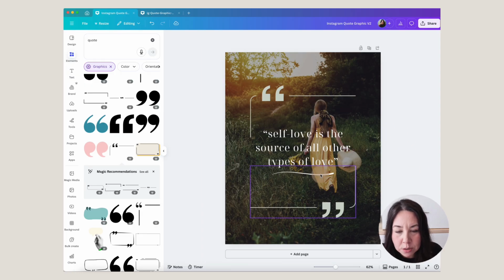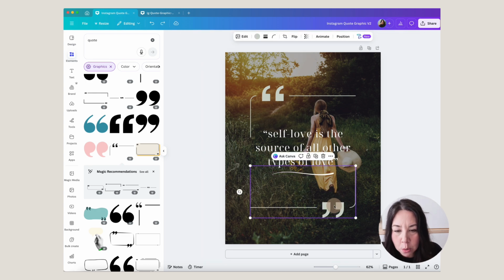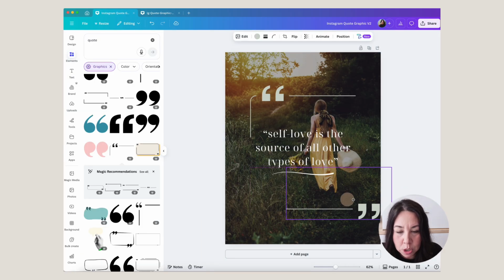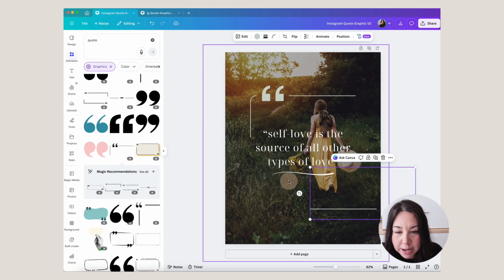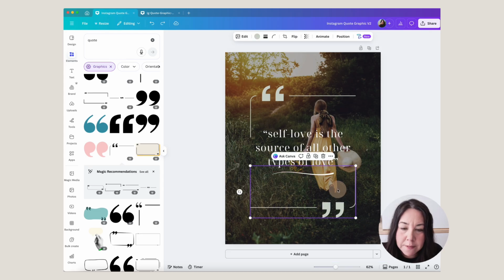I don't like this little swoosh and I want to delete it. But as you can see, when I click on it, my little quote element is covering up this swoosh. So how do I get to that swoosh? I can either move the element out of the way and I can click it and I can click delete on my keyboard,